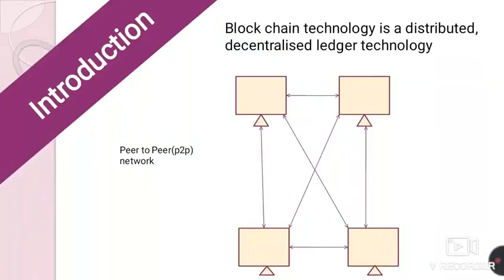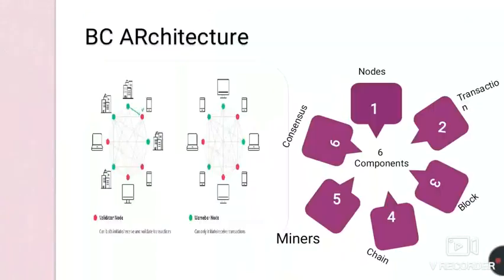Now let's move towards the blockchain architecture. The blockchain architecture involves 6 core components. First one, node. A node is any user or a computer within the blockchain architecture, and each has an independent copy of the whole blockchain ledger. The second component is a transaction, which is the smallest building block of a blockchain system. A transaction may be a record of information or anything that serves the purpose of the blockchain.